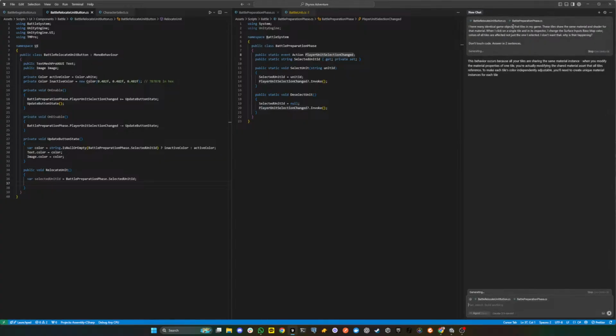This must be like a Unity thing. This behavior occurs because all your tiles are sharing the same material instance. When you modify the material properties of one tile, you're actually modifying the shared material asset that all tiles reference. To make each tile's color independently adjustable, you'll need to create a unique material instance for each tile using either Material.Instantiate in code or by right-clicking the material in the project. Okay, so